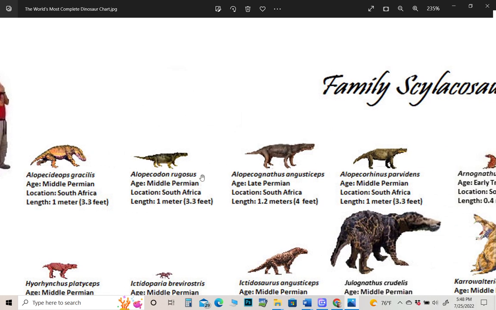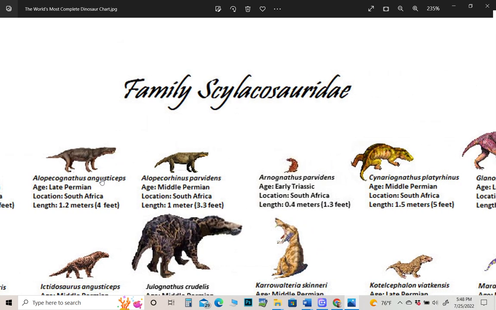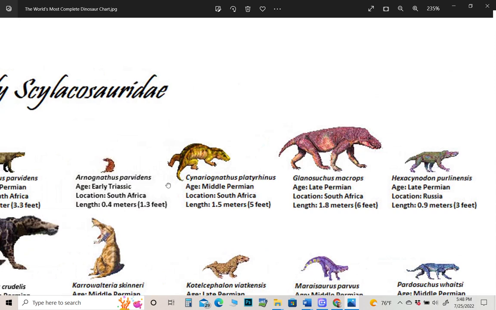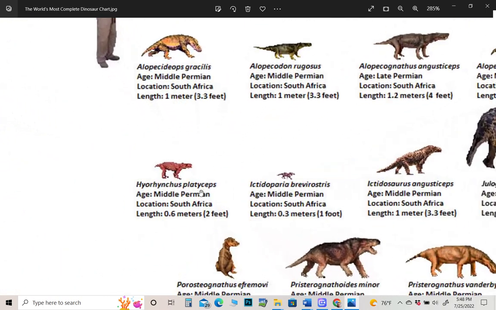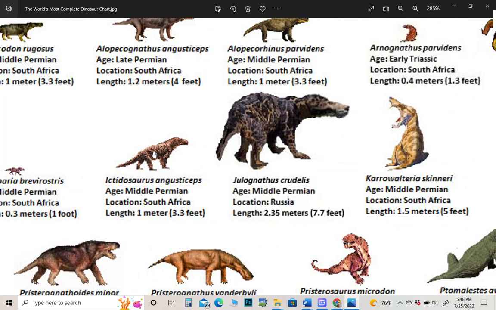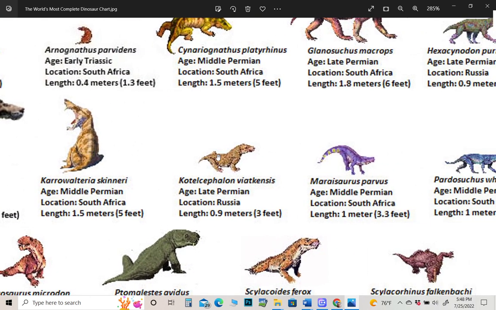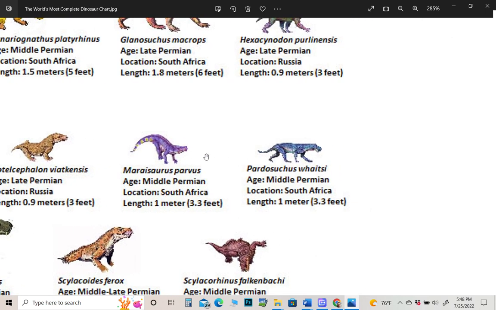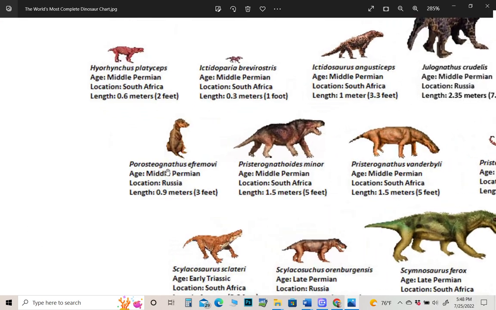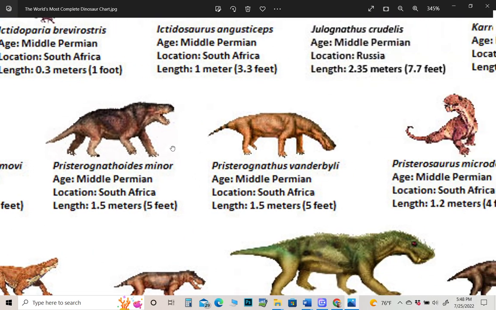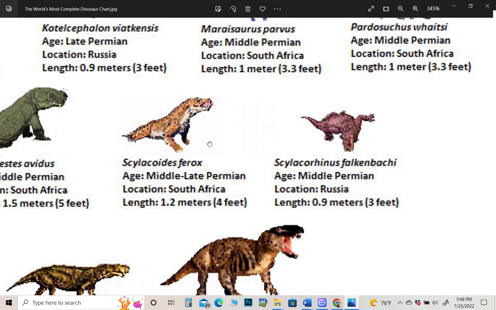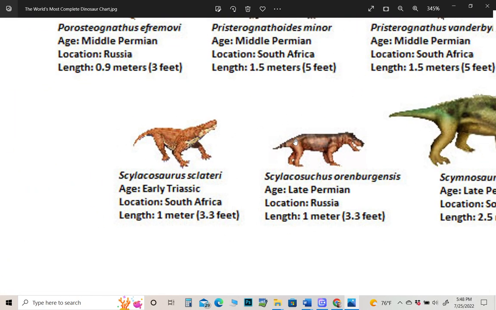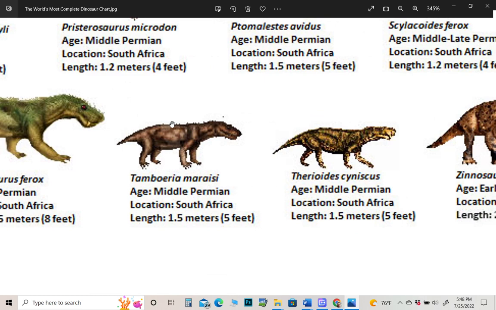Eloposidiops, Elopecodon, Elopecognathus, Elopecorhinus, Arnognathus, Cyanariognathus, Glanosuchus, Hexocynodon, Hyorhynchus, Ictidoparia, Ictidosaurus, Julognathus, Carwalteria, Cotylocephalon, Marisaurus, Pardosuchus, Porosteognathus, Pristerognathus, Pterosaurus, Tomolestes, Skylocoids, Skylocorhinus, Skylocosaurus, Skylocosuchus, Scymnosaurus, Tamboria,